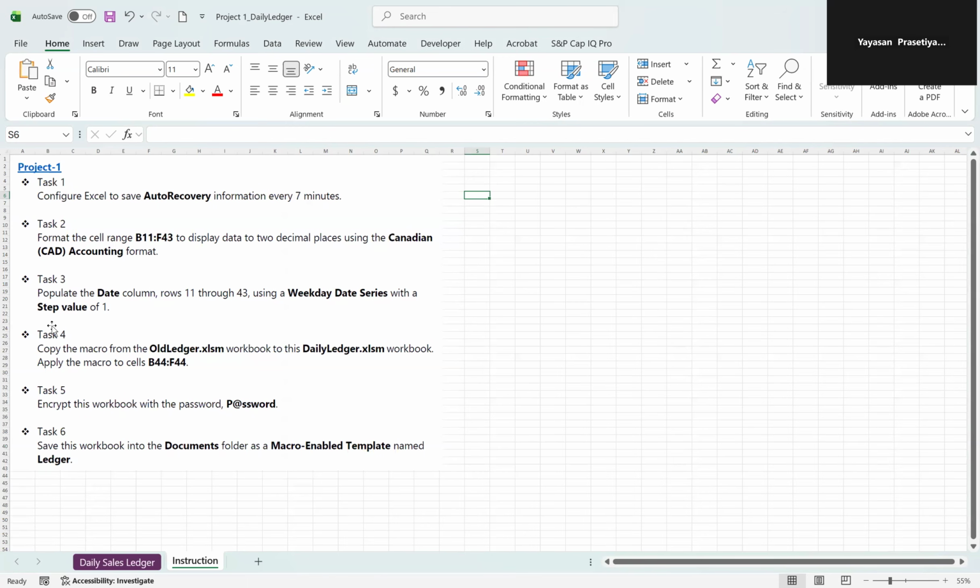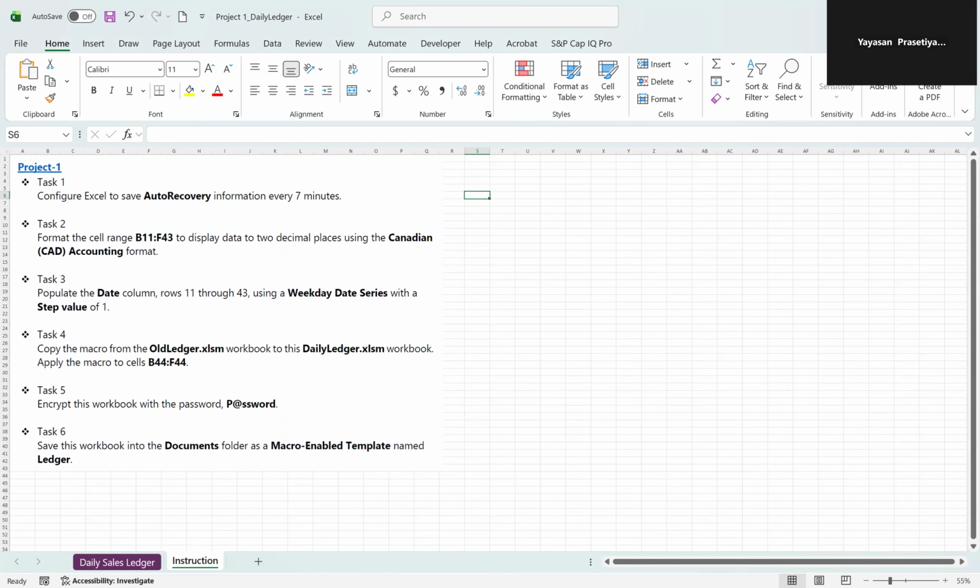And then we jump to number four. Copy the macro from the Outledger XLSM workbook to this daily ledger XLSM workbook. Apply the macro to cells B44 to F44. So how to copy the macro?